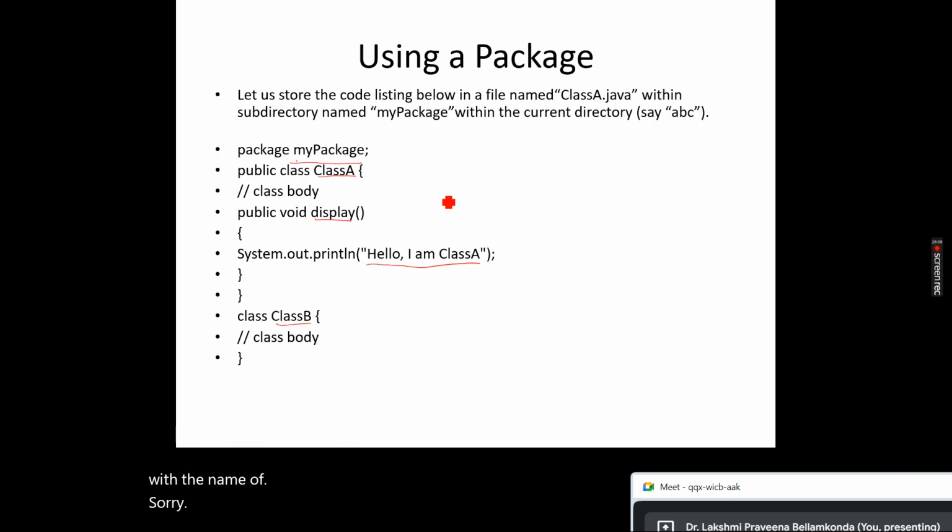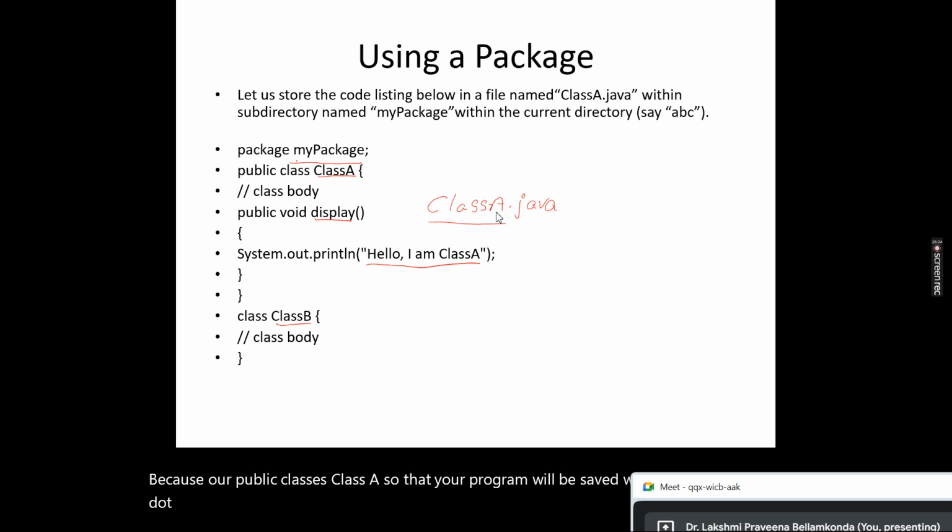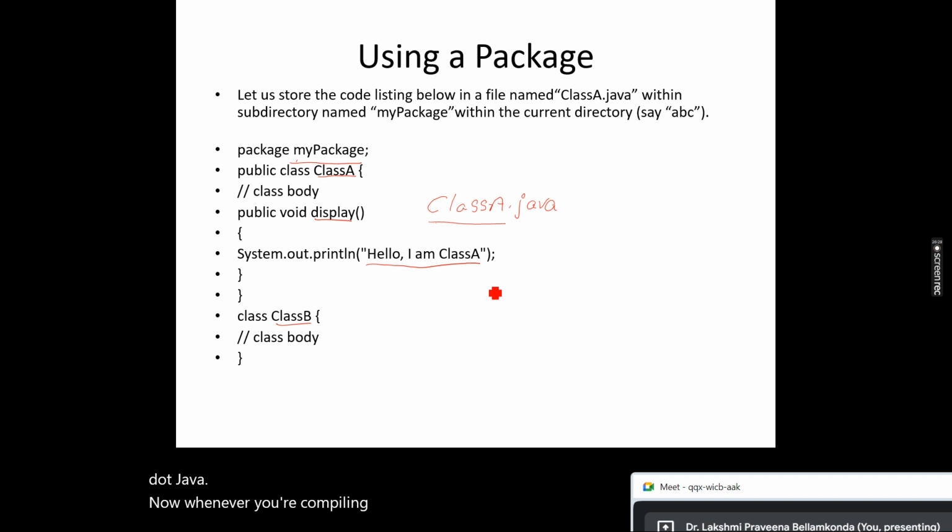Okay, this file will be created with the name class A dot java, because our public class is class A, so your program will be saved with the name class A dot java. Now, whenever you are compiling it, you'll compile it with the